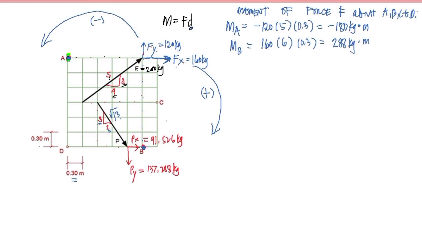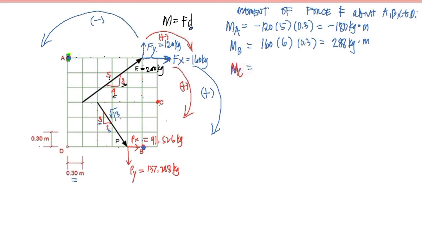Next, we compute for the moment created by the force F at point C. So, in this case, ito si point C. Si Fx ay hindi tatama sa point C, si Fy hindi rin tatama sa point C. Therefore, both the Fx and the Fy will create a moment with respect to point C. So, for the Fx will rotate clockwise. So, meaning, this will create a positive moment. And for the Fy, since upward ito yung point C natin, mag-create din to ng clockwise rotation. So, this is also positive. Okay, so the moment at point C